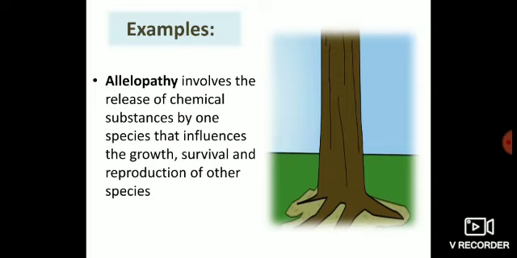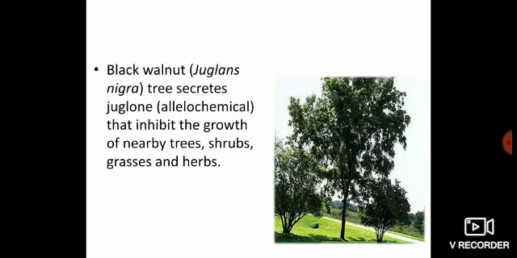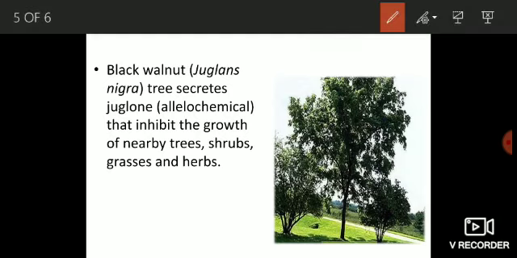In allelopathy, some chemicals are produced. One plant produces a chemical and that chemical is detrimental for the growth, survival and reproduction of other species. That means this chemical negatively affects the growth, survival and reproduction of species B. Okay? This is known as allelopathy. Example is black walnut, Juglans nigra. It is a walnut tree. Okay? And this walnut tree secretes a chemical substance which is known as allochemical, and this allochemical is specifically named as